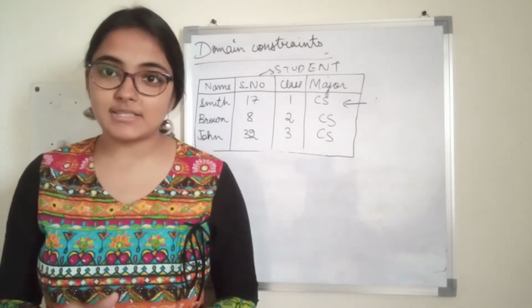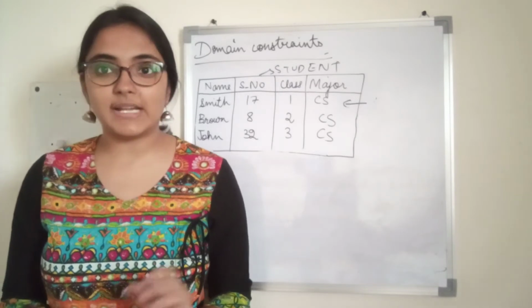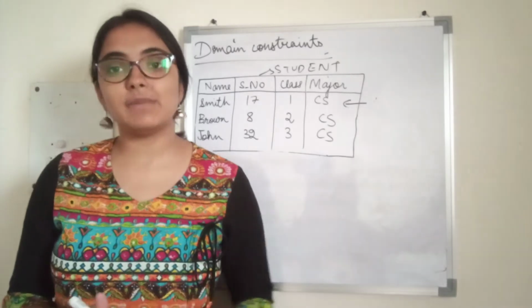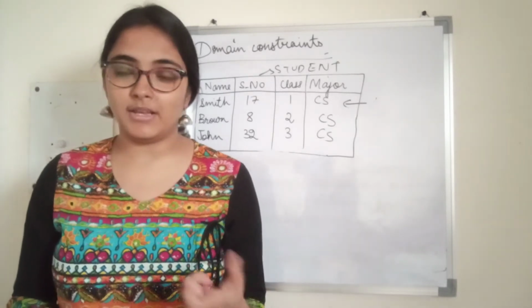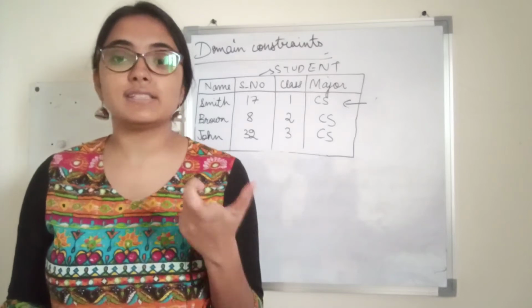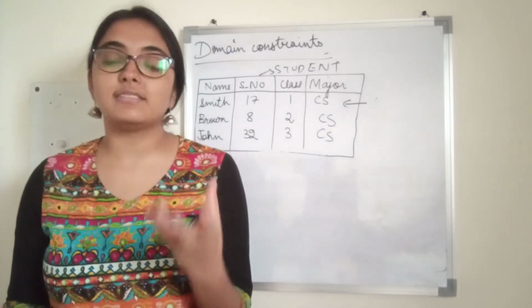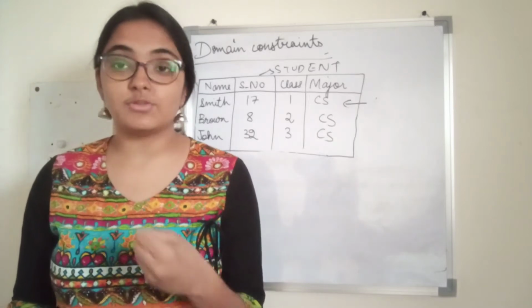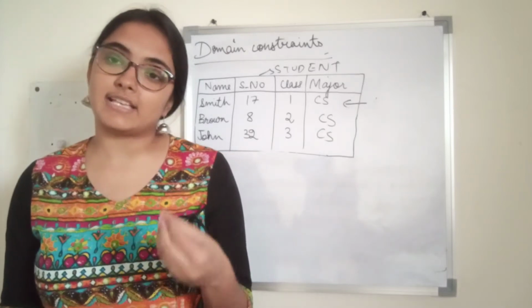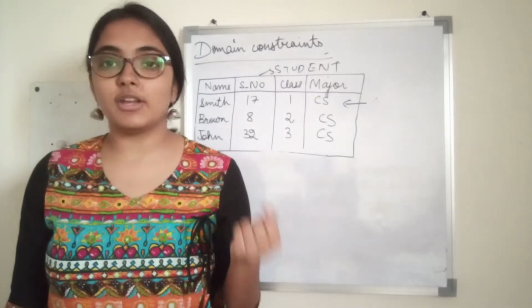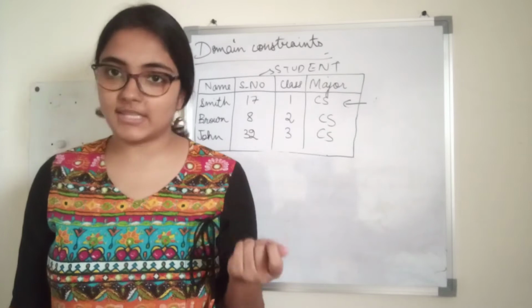Which are the schema based constraints? Constraints that can be directly expressed in the schemas of the data model, right? So application based constraints are difficult to implement in the data model itself, or to be expressed in the schema of the data model, right? It is more related to the meaning of the attributes, and hence it is expressed only by the application programmers, right? So we are going to be mainly talking about the schema based constraints.